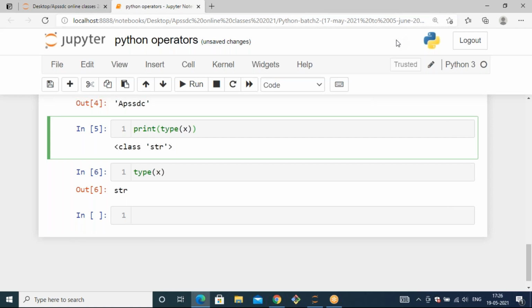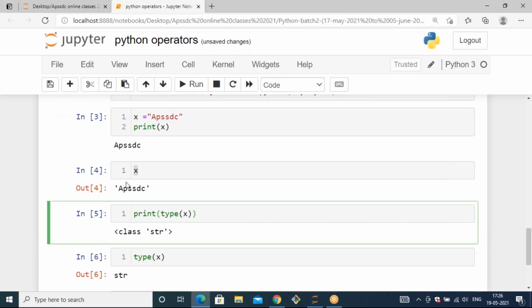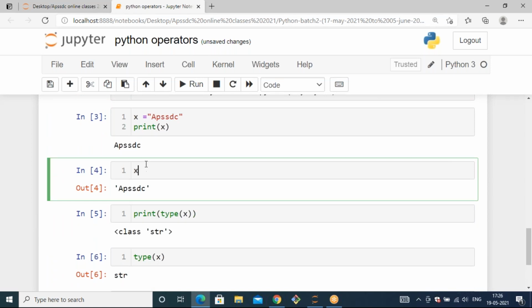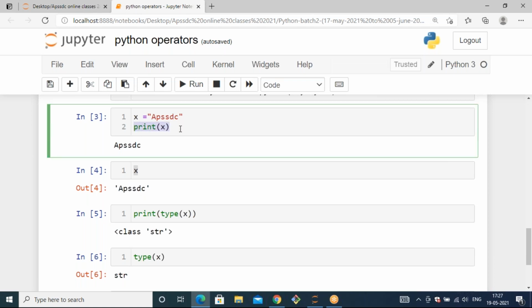See, it's not a user defined output. Here in this cell 4, instead of passing print, when I run x directly, it will generate the output in the format of single quotes. Means it is string data. That's why I'm getting quotes. But when you pass this x to the print statement, it will not show the quotes.